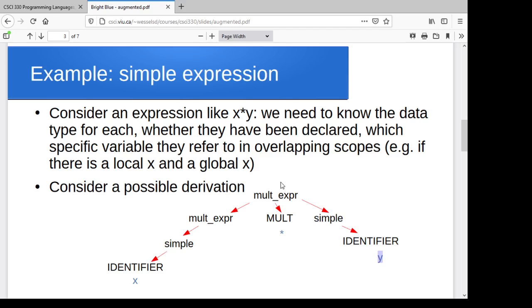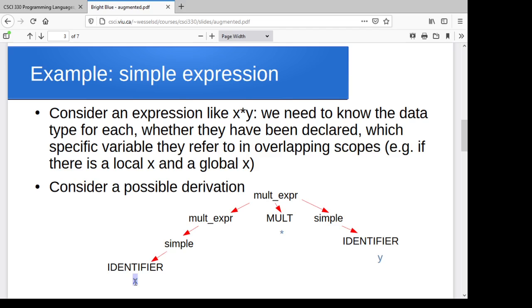So what's going to happen is it's going through and figuring out, okay, I've got a multiplication expression right now, or maybe I've got an expression. It looks like a multiplication expression. It looks like the pieces are this, right? So it's going through and doing the derivation top down, figuring out what kind of structure matches what I've got. And once I've gone through and identified the structure, then I can say, okay, well, I've got an identifier